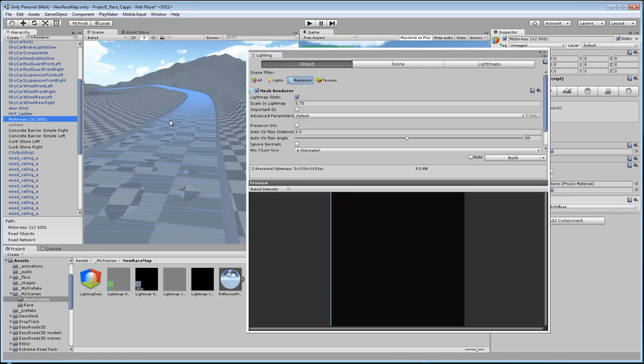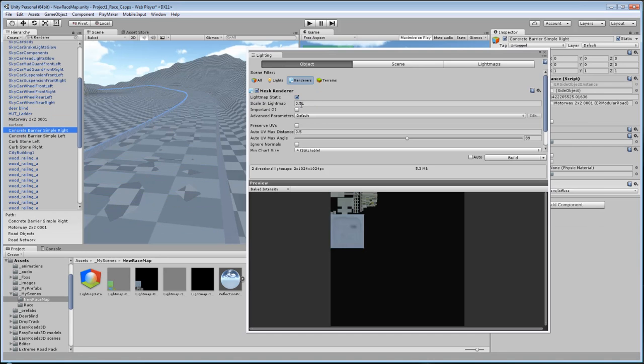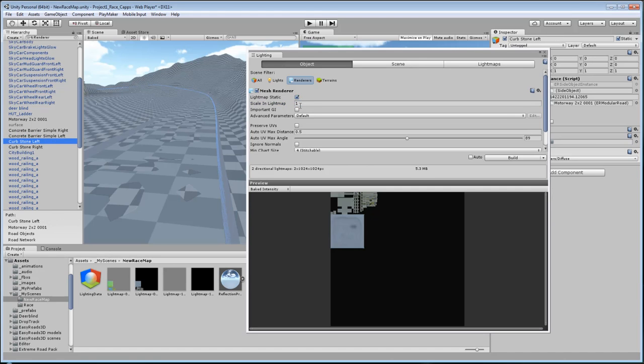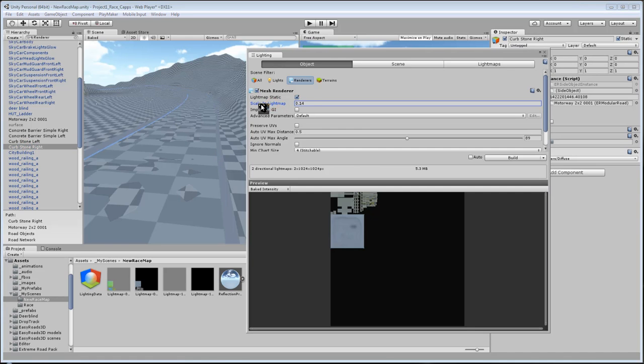Motorway is at 0.75. These can go down to maybe 0.5. Zone curve. That's such a small thing. Kind of guessing on some of these, but